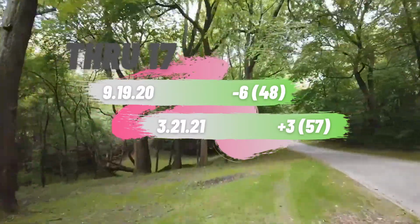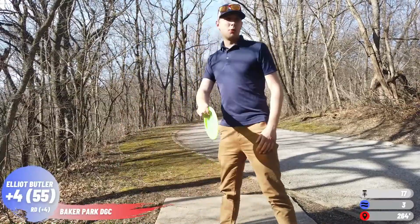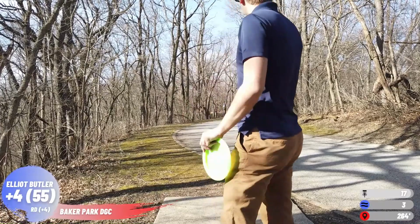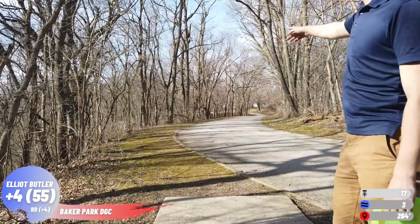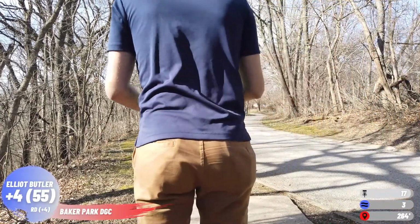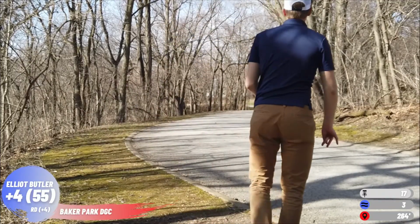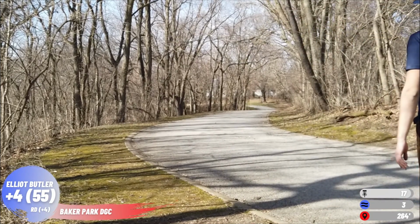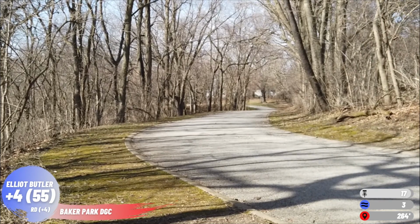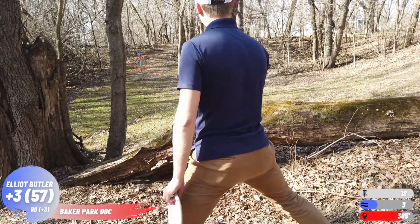I think that it's hard for me to accept that growth does not always correlate to lower scores and higher round ratings. I learned to accept that growth is not a direct line in that regard. I did attempt some shots that I never would have attempted in the tournament, not just because I wouldn't have attempted it, but because I didn't have them in my bag. I didn't have them in my arsenal. And so I think just having those new shots in my arsenal is a sign of growth for me, and it's something that I'm happy